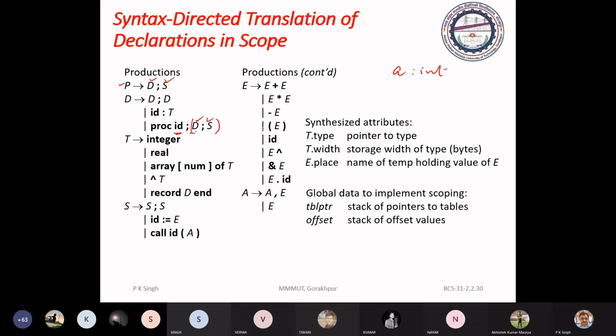Next is the type, this T. It may be integer, real, array, pointer, or record. In Pascal we have record, and in C language we have structure. And here we have the statement.